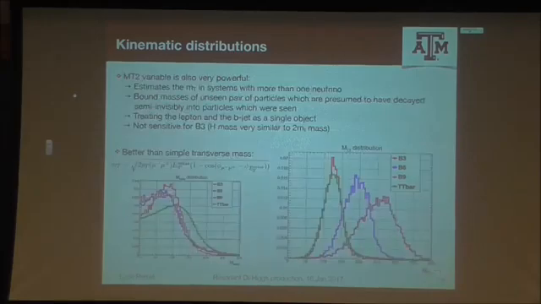So exactly, this is what we're talking about. This is the transverse mass. Transverse mass is defined by this formula. It's quite a standard variable. And you can see that it does not offer a very good discrimination because our TT bar and the signal are mostly peaking around the same region. What we use is another variable called MT2 that offers a much better